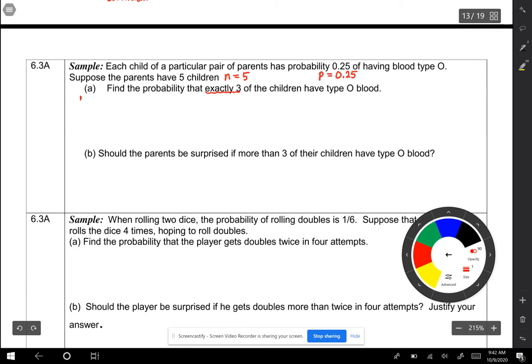So we want to find the probability that exactly, we'll just use the capital X, exactly 3 children have type O blood. To set this up using our binomial probability formula, you have n, remember, is 5, the number of trials, and you have 3 here for exactly 3. And I'll label everything for this particular one. So binomial coefficient